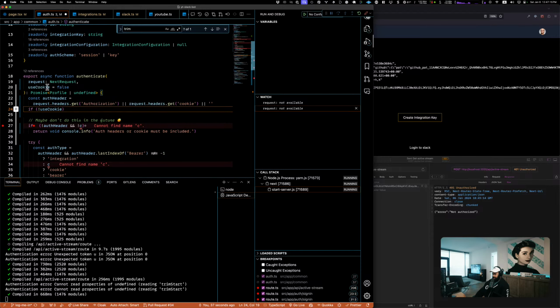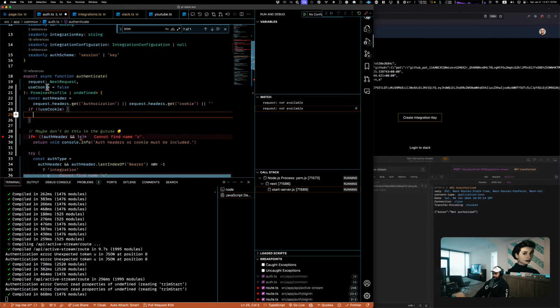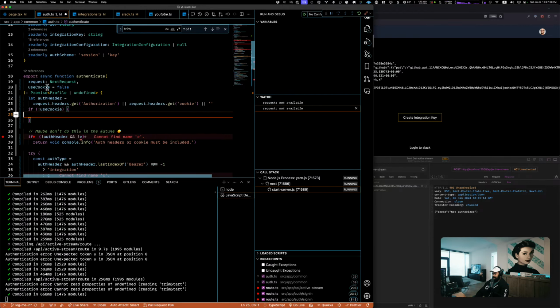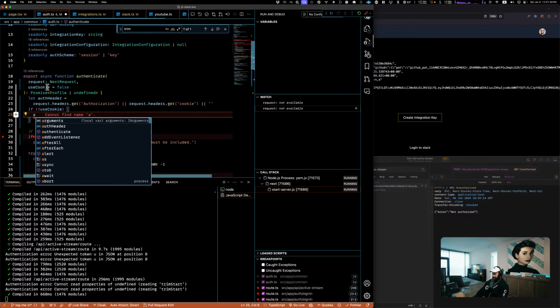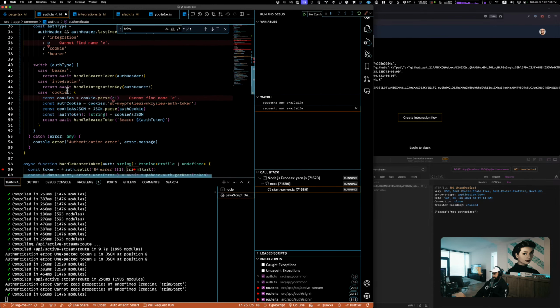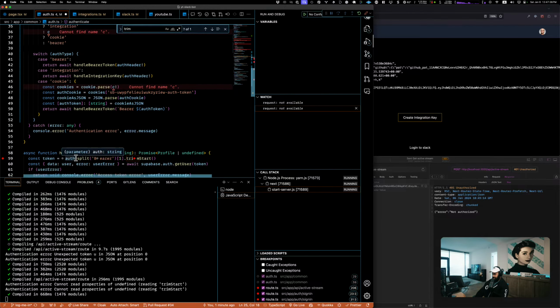So we're going to say if not use cookie, then what I want to do is make this a let now. We're going to say auth header, oops, I literally said the word let, it didn't say it. We're going to say auth header is equal to whatever the auth header is. And then I'm going to just take this bit right here, dot split, trim start.